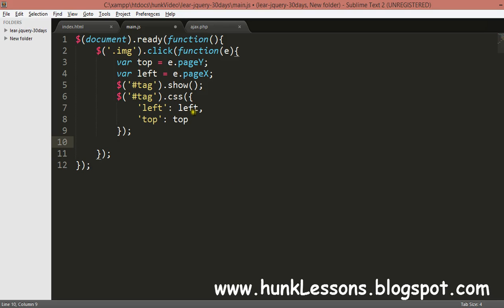I will make one more thing. I will add something. I will add 10 pixels to the left.